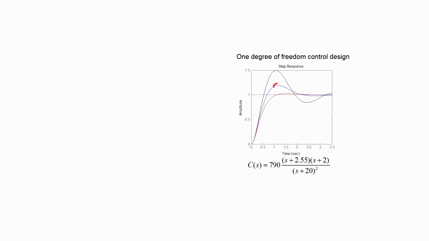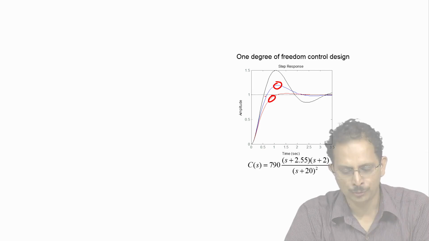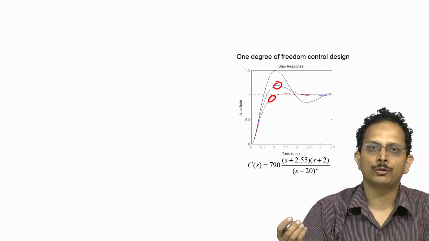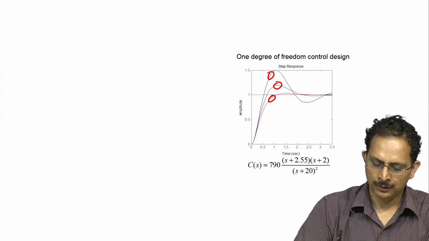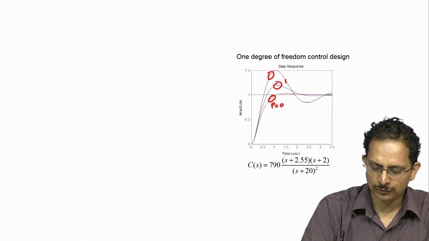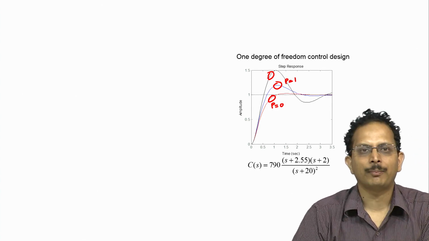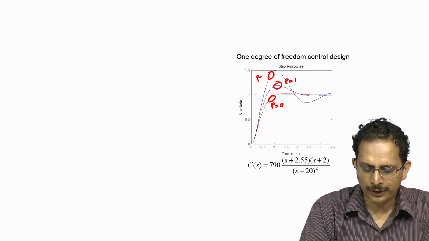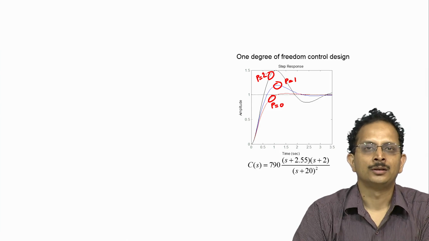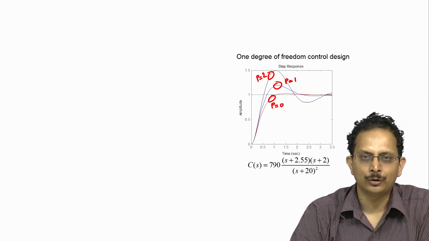So the blue curve here is the closed loop step response of the system when the plant pole is at its nominal position, namely at s is equal to -1. The red curve here represents the step response of the closed loop system when the plant pole is at s is equal to 0, so this is for the case when p is equal to 0, this is for the case when p is equal to 1, and the black curve represents the step response of the closed loop system when the point p is at 2, or in other words the pole of the plant is located at s is equal to -2.